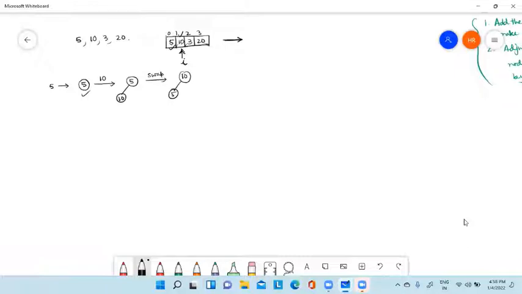Can you tell me which sorting has a similar property to this heap creation? Please tell me. Are you getting similarity with some other sorting technique?